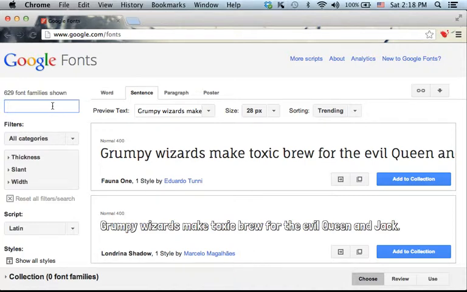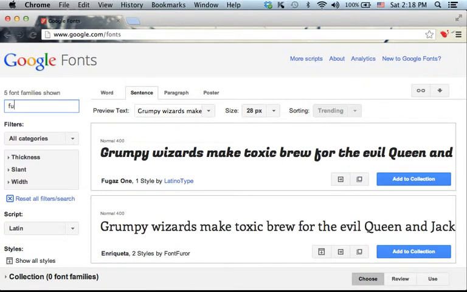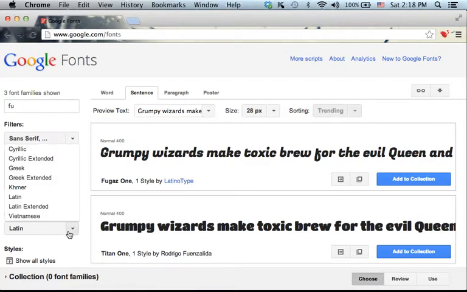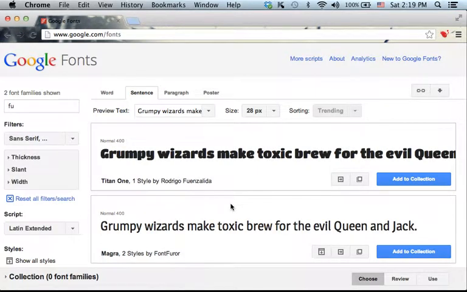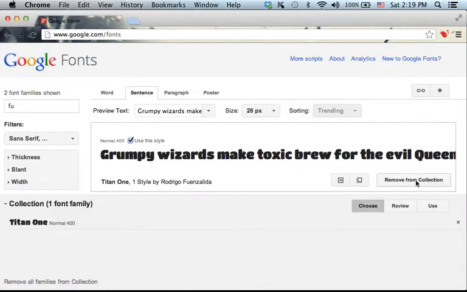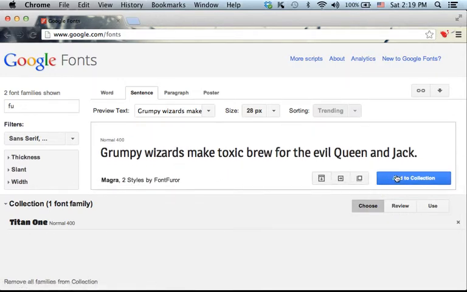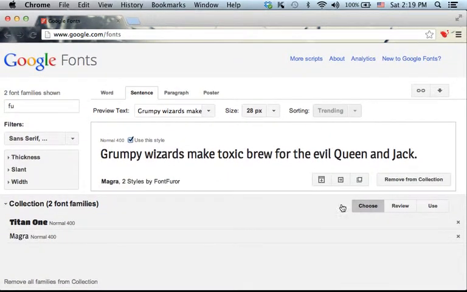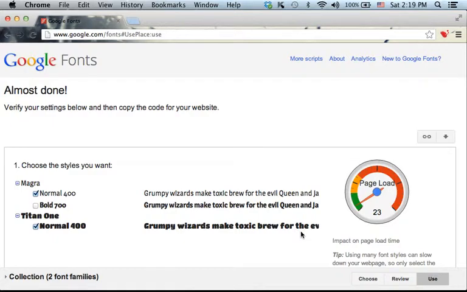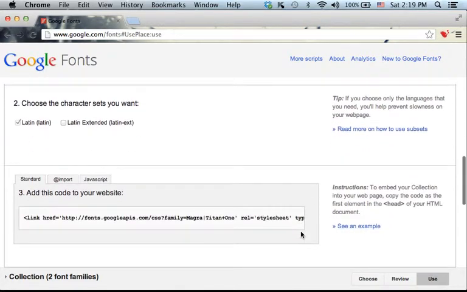You can search for specific fonts, and you can even filter them, and once you find the ones you want to use, just press add to collection, and now you can review those you chose, and if you press use, then you get 3 ways for using